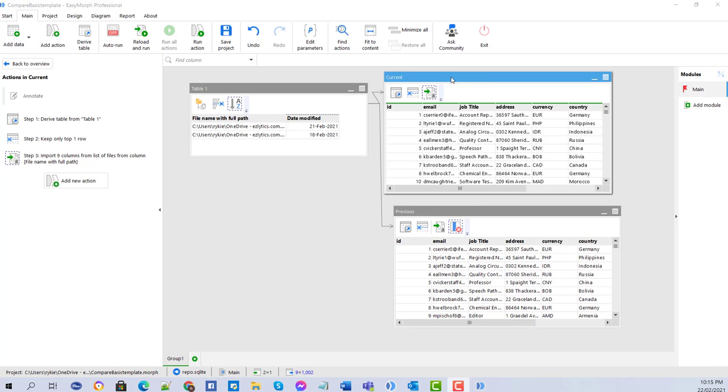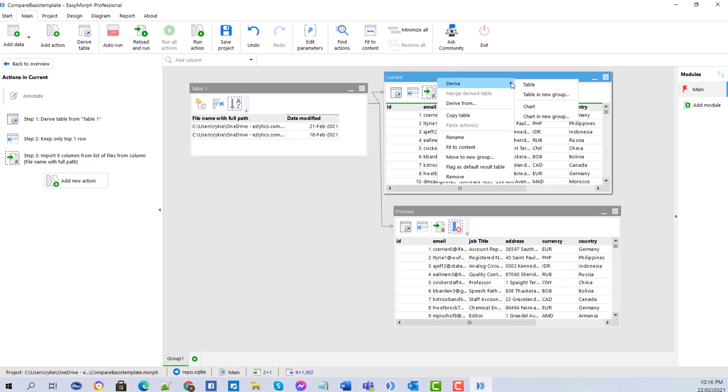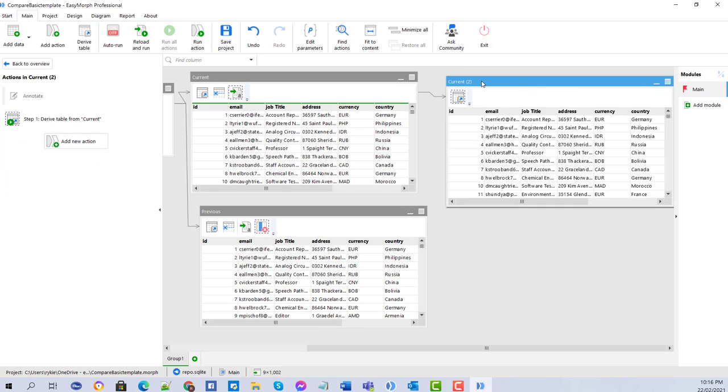My next step will be to compare the current data set with the previous data set, and everything that's in my current and not in my previous will be records that were added, and everything that's in my previous but not in my current will be record sets that were deleted. So to do that, I will right mouse click, create another copy of the table. I will rename that and I will call it added,